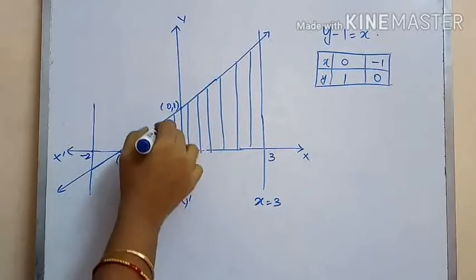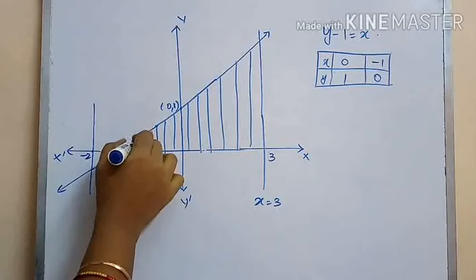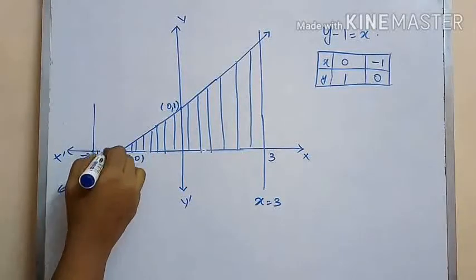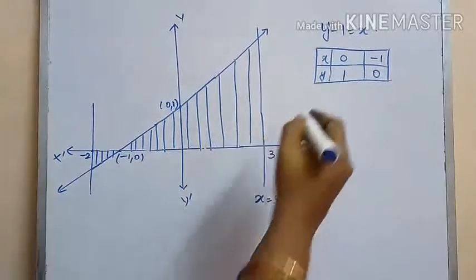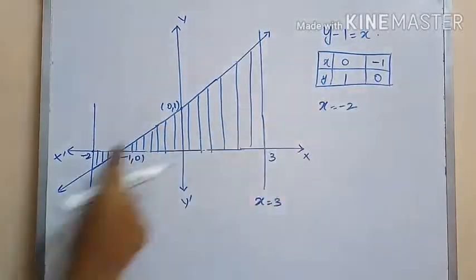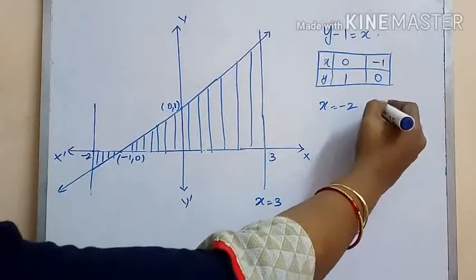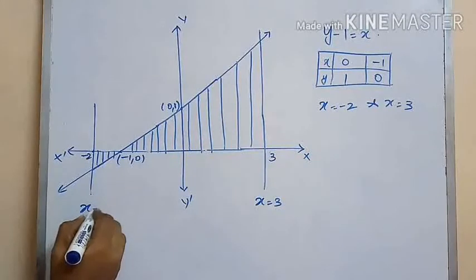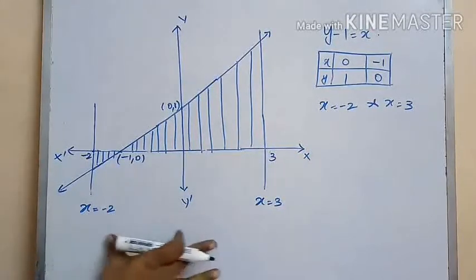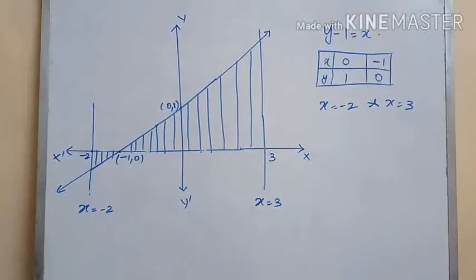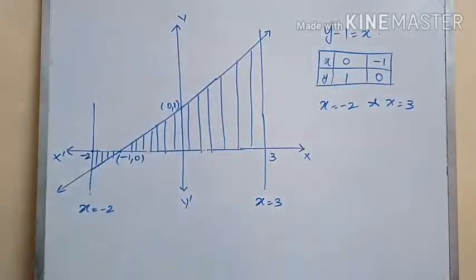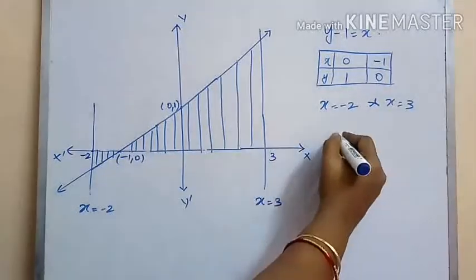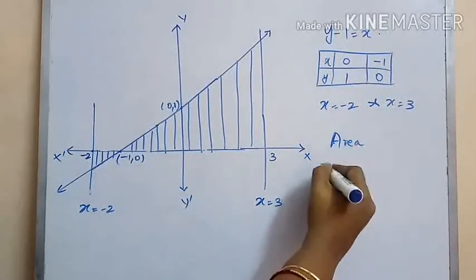So this is the region enclosed by the line with x-axis and the ordinates x is equal to minus 2 and x is equal to 3. So the entire area is to be found. In the diagram, the area from x is equal to minus 2 to x is equal to minus 1 lies below the x-axis and the area from x is equal to minus 1 to x is equal to 3 lies